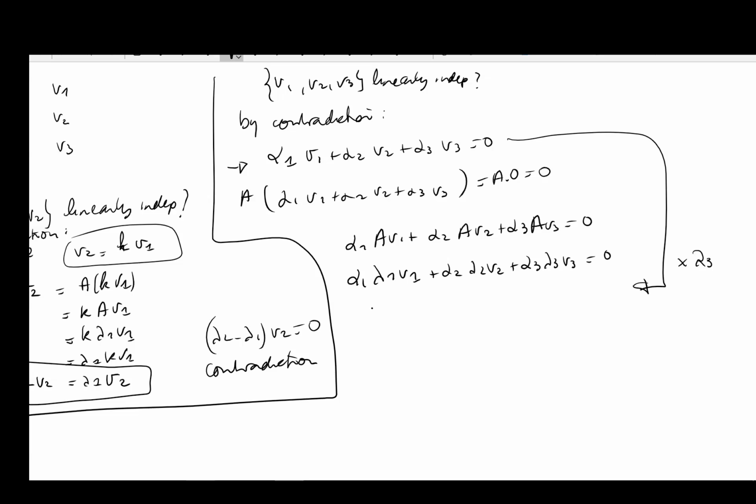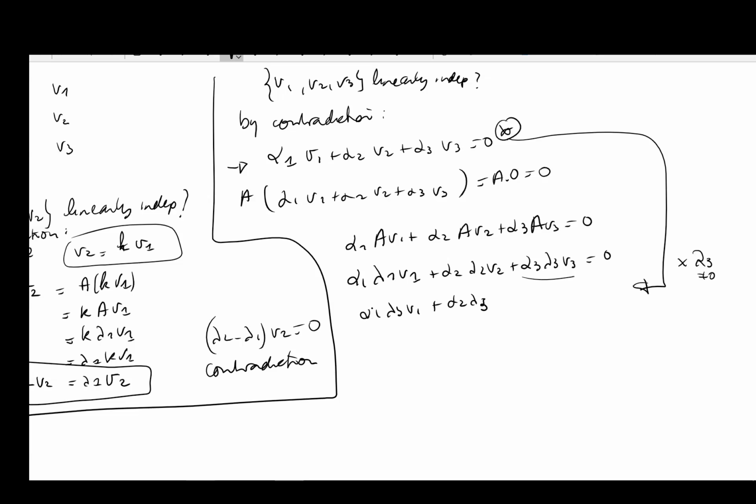If it's equal to 0, actually you have that the previous equality here would be 0, and then you get that alpha1 and alpha2 would already be equal to 0, and if you go back to the first equation, that one here, you get that the only possibility is alpha3 is equal to 0. So if lambda3 is equal to 0, it's already proved. Now let's assume that lambda3 is different from 0, and we get alpha1 lambda3 v1 plus